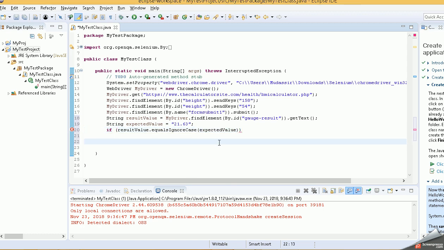My editor got angry because of some reason. So if the values are same, then